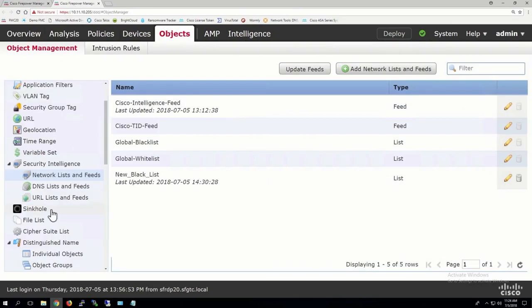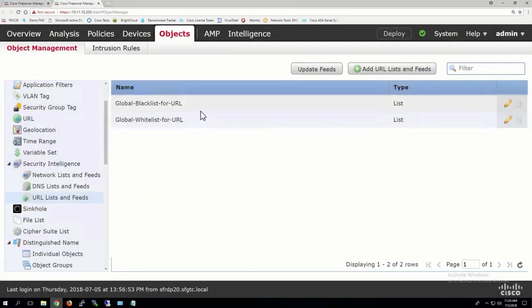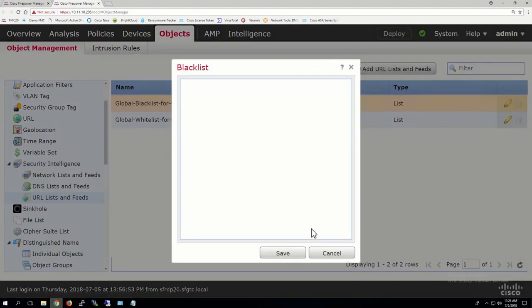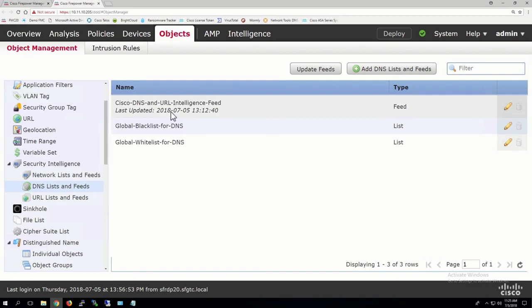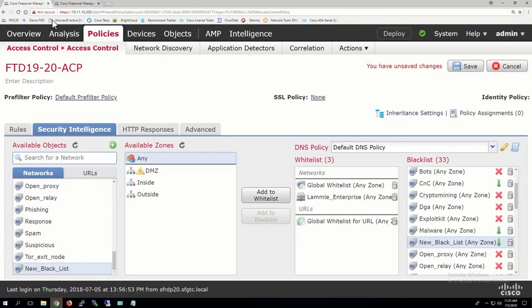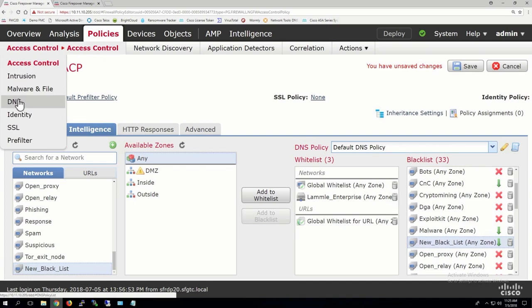Okay, so let's do something though with our DNS. So there's nothing here. If I right-click and go into analysis, right-click on URLs and blacklists, and I say, oh, I want to take that out, this is where I would find that. Now, the DNS isn't really doing anything right now because we don't have those objects like we have for IP and URL. I'd have to put them in a policy. So I'm going to jump ahead here. This is not covering the DNS policy. I'm just going to show you if you didn't want to do a DNS policy, right?